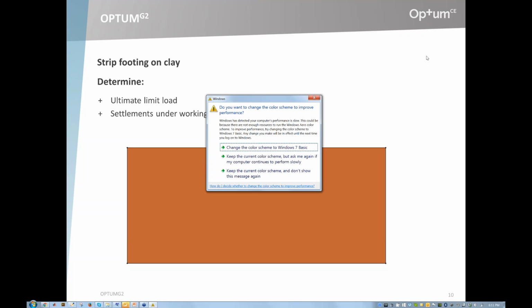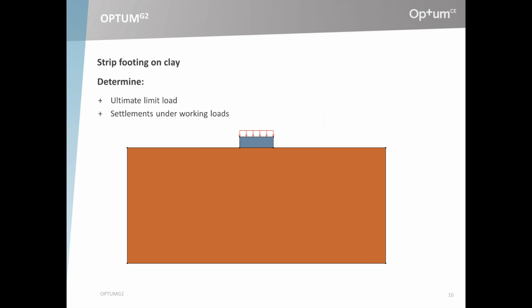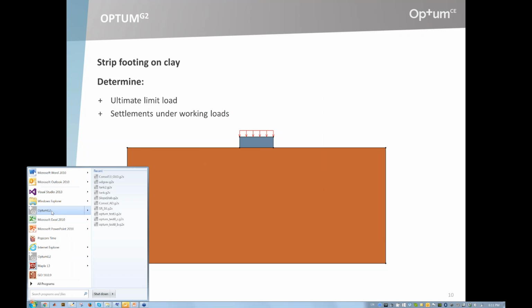If you were to design a footing like this, you would need to do it depending a little bit on where you are in the world, but usually you would have to say something about the ultimate limit state and then the serviceability limit state. So you need to determine the bearing capacity and then you would need to determine the settlements under the working loads. And I'll go through this example with OptumG2, so I'll start up the program